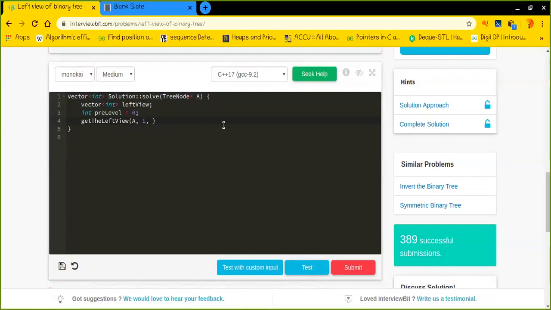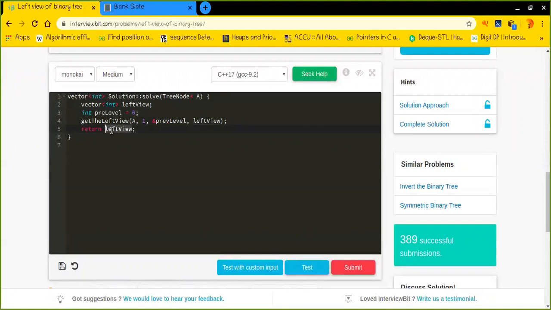The current level is 1, and the previous level should be passed, along with the answer. The answer is nothing but the left view, basically. Cool. And after getting the whole path, the left view, we will simply return it.